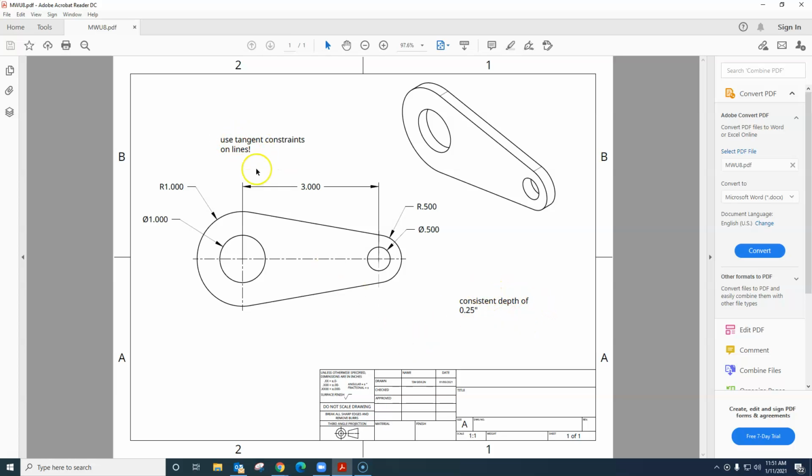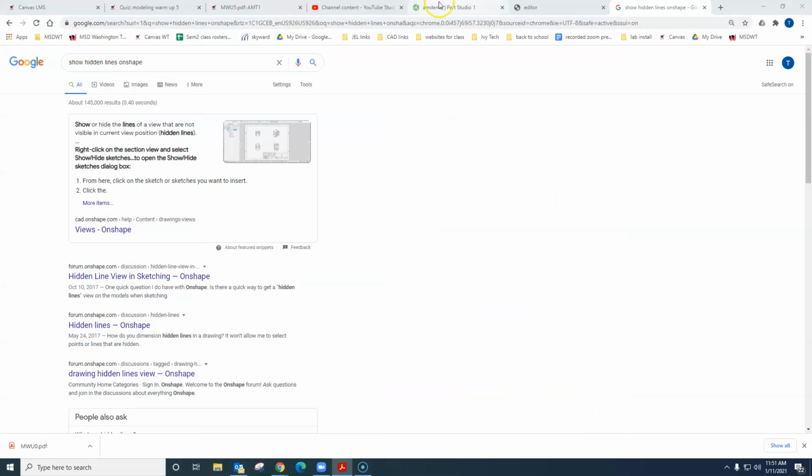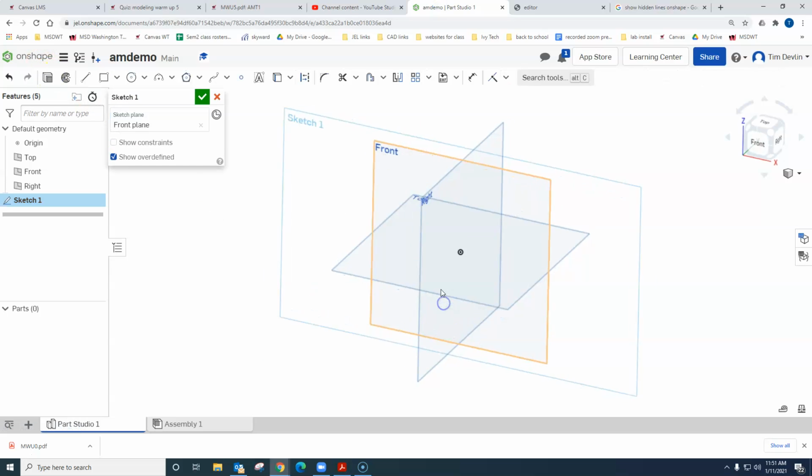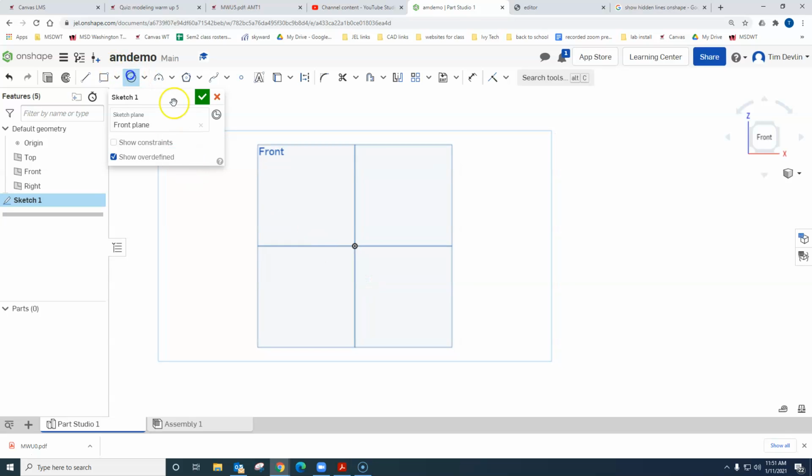And there's a note up here that says to use tangent constraints, so we're going to talk about what those are while we model this. So we'll go ahead and I'm going to start with a 1-inch circle and a 0.5-inch circle. So I'm going to start in my front view because that's the view where it's drawn. And I'm going to let one circle be on the origin. And I'm going to make that one the 1-inch one. Alright, and then the other one I'm just going to put out here. And I'm going to dimension it